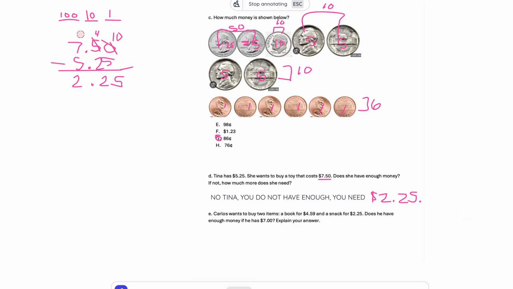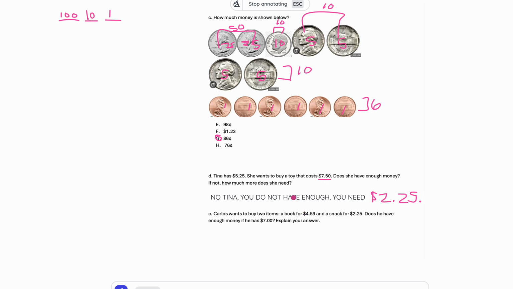Next, Carlos wants to buy 2 items. Okay, he's going on a shopping spree. So Carlos said, I got more money than you, Tina, and I want to buy a book for $4.59 and a snack for $2.25. Does he have enough money if he has $7? So right off the bat, some of you guys might be like, no, he doesn't have enough. That's too much. Well, first we have to solve, right? We have to know how much his total is going to be